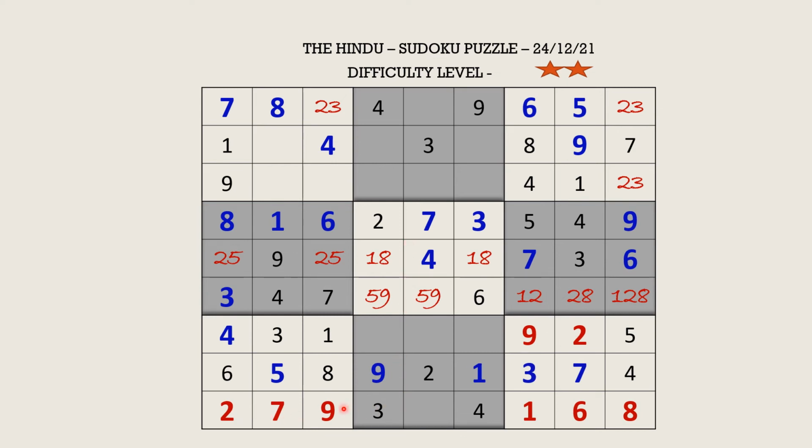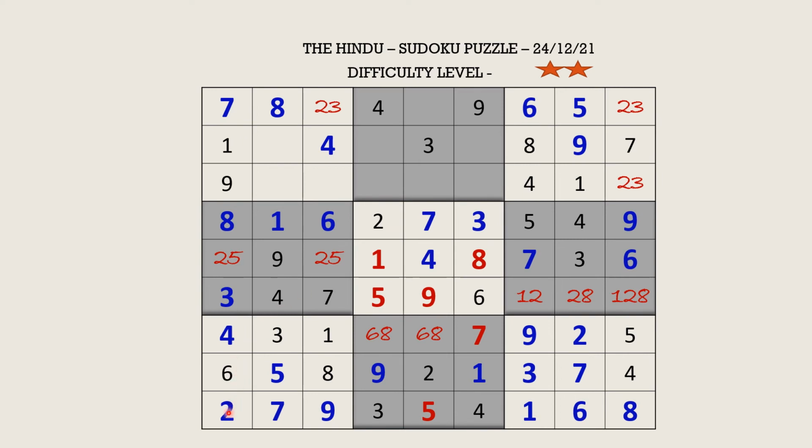So in this row, the only missing number is 5. This cancels out the 5 here. This becomes 9 and this becomes 5. So the missing numbers here are 6, 7 and 8. But we are still missing certain clues to find out. So here 1 cancels out the 1 here and this becomes 8, and here 8 is cancelled and this becomes 1. Now 6 and 8 are blocks here. So this cell will take 7 and these two cells will take the 6, 8 pair.